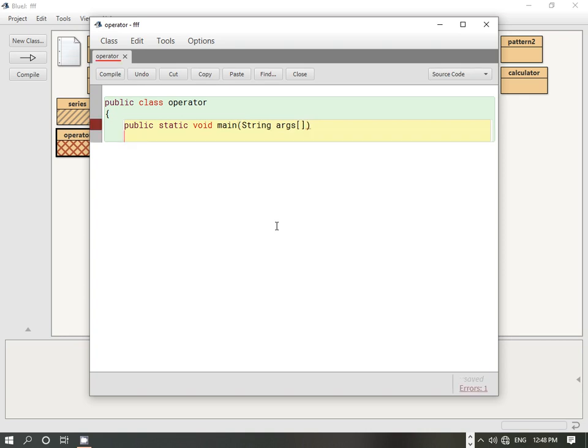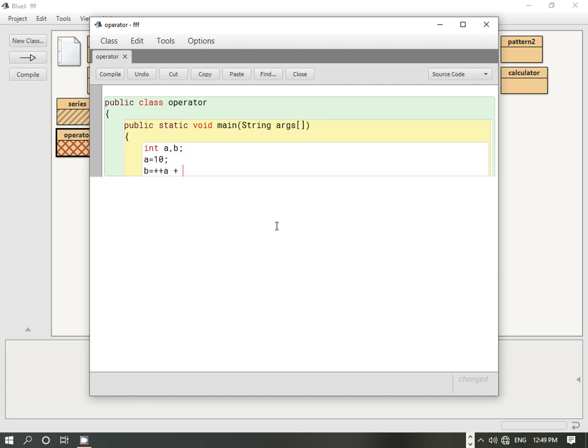Now in this program we are not going to accept any value from the user, so we don't need the scanner class. We will directly provide the value in the variable itself. So we take two variables, int a, b. Initially we take the value of a as, suppose, 10, and now we are going to apply the postfix and prefix increment operators over here. Suppose I write b equals ++a